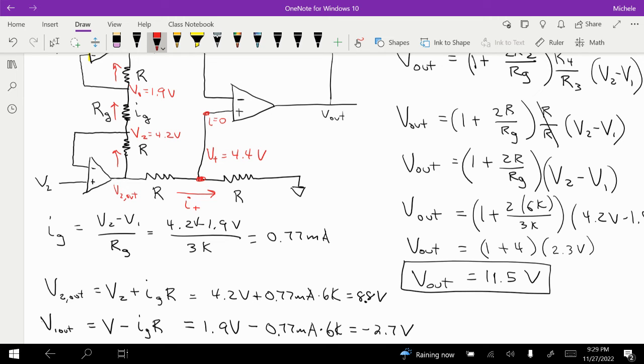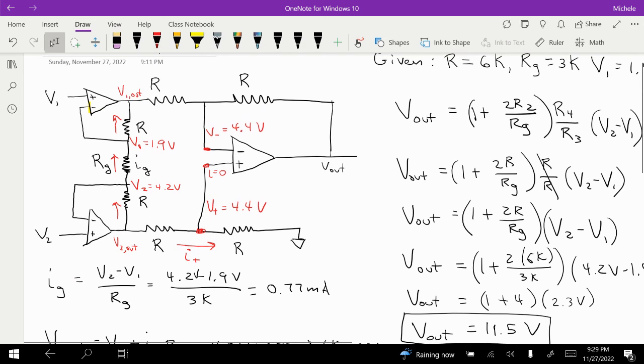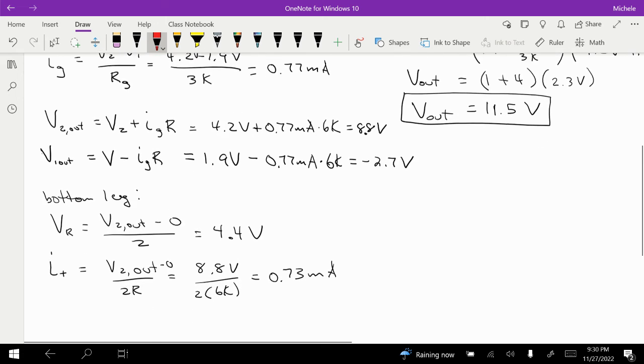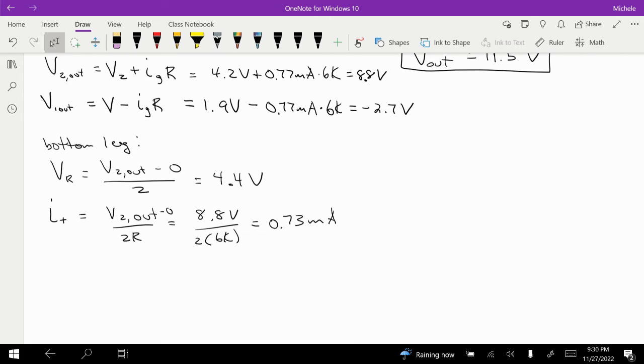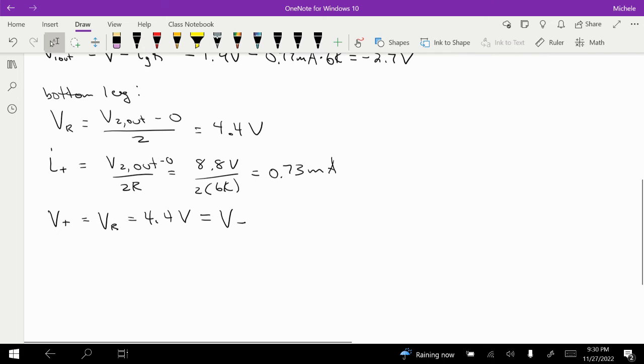And what we like about that is because we have negative feedback, we also know that this V minus is equal to 4.4 volts. And if that's true, then this spot right here, this V minus, is equal to 4.4 volts. Okay, so that's great. So we'll have V plus is equal to V across R, which is equal to 4.4 volts, and that's also equal to V minus. So now we can find I minus,